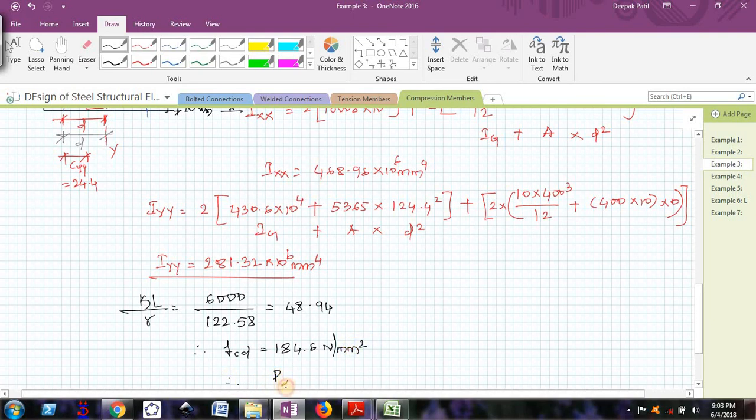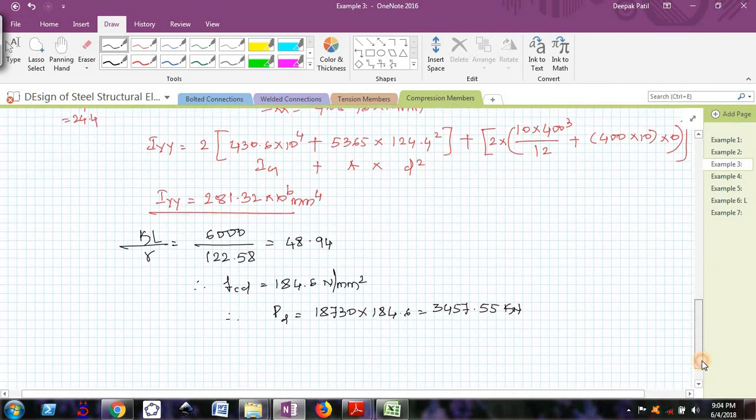Therefore PD is equal to 18730, that is AE, multiplied by 184.6. So 18730 multiplied by 184.6, so I'm getting 3457.55